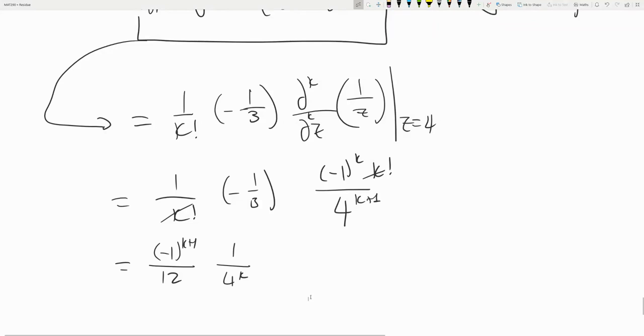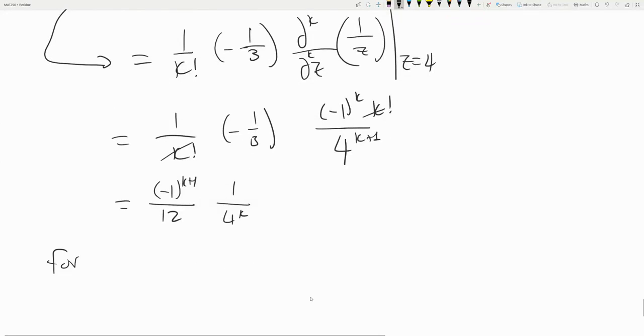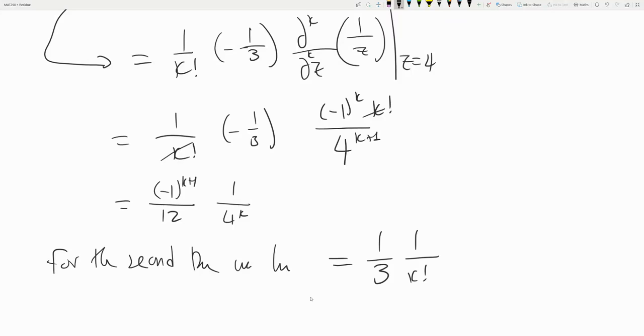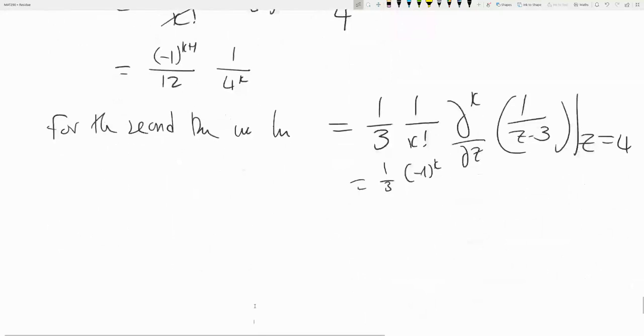Okay, and the second term is easy. So for the second term, what do we have? 1 over 3. Again, k factorial. Take the kth derivative of z minus 3. Evaluate at z equal 4. And if you do that, you get just minus 1 to the k. Same as what happened here. Okay,